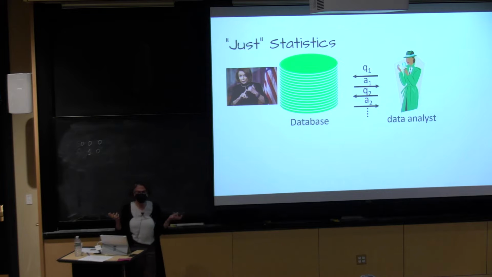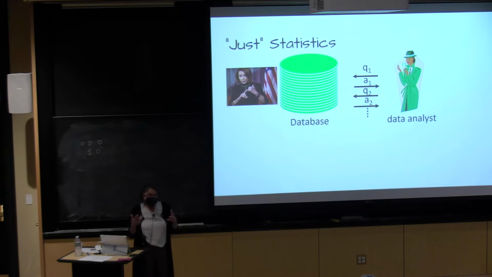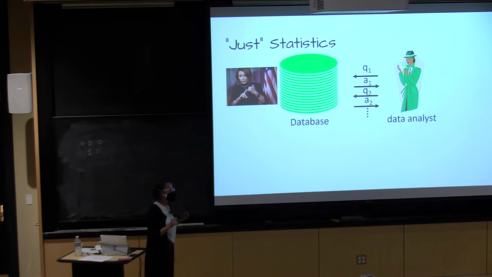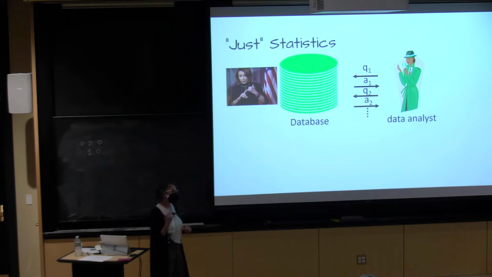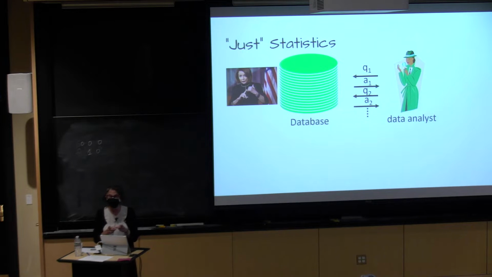Suppose, and this seems like it's a pretty vanilla question and answer, right? If you get the answer to this, if it's unanimous, maybe you'll draw some conclusions. If it's zero, you can draw conclusions about individuals. But if it's somewhere in the middle, your feeling is probably that you don't know who flosses and who doesn't floss. And that's basically true. But suppose we asked a second statistical query, a query about a large set of people. How many members of the House of Representatives other than the Speaker of the House floss regularly? If you have the exact answers to both of those queries, you know whether or not the Speaker flosses regularly.